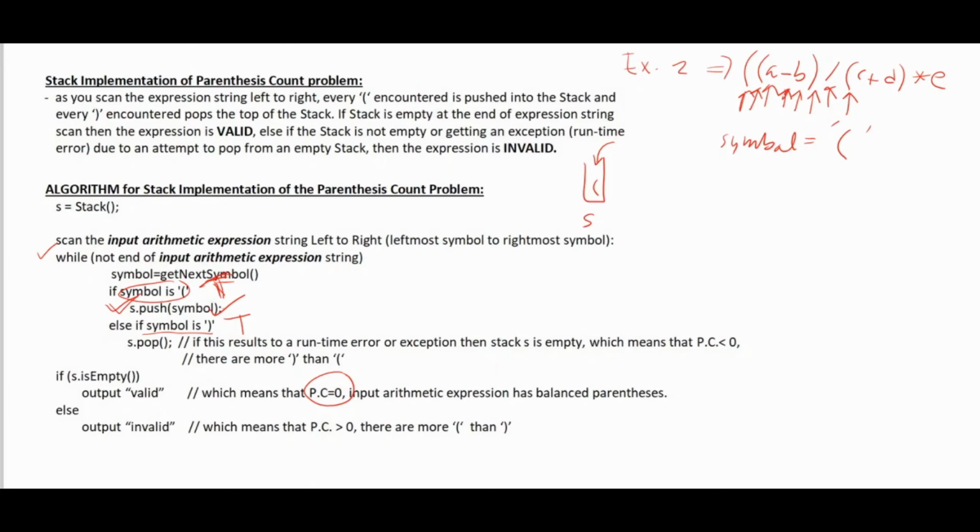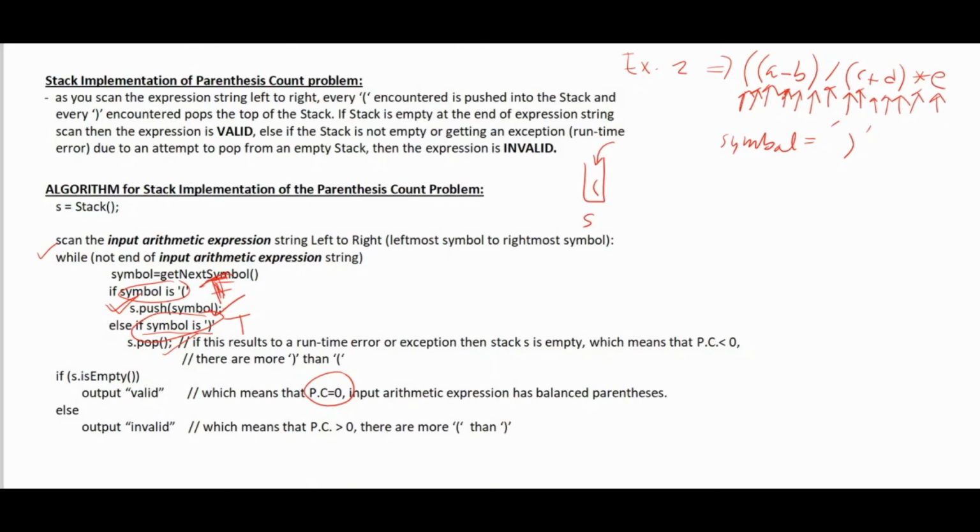So now we have two left parentheses. We get the next symbol, C. We do nothing for C. For plus, we do nothing. For D, we do nothing. And then we reach this one. The symbol here is right parenthesis. So this condition is false, and so we go here and check this one. This is true, so we pop from the stack. So this top element here is removed. And we get the next symbol, which is the multiplication operation, and we do nothing. Then the next, operand E, we do nothing, and then we reach the end of